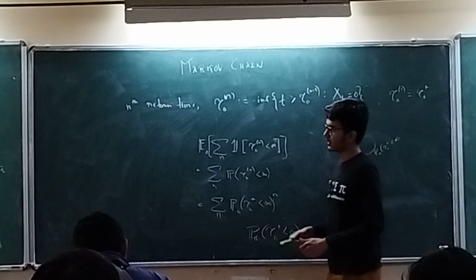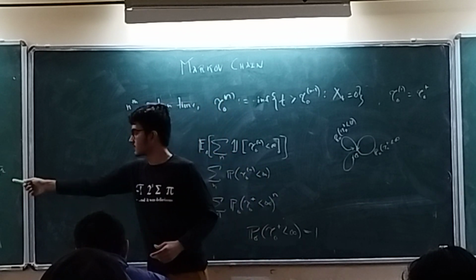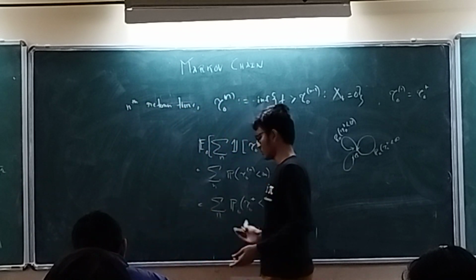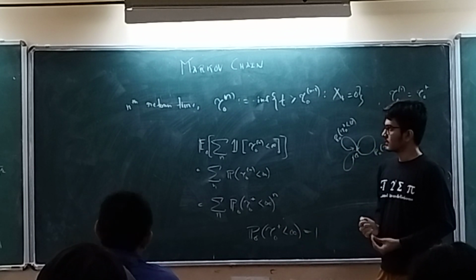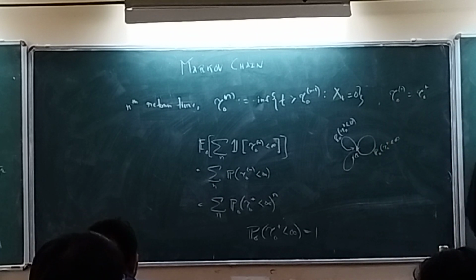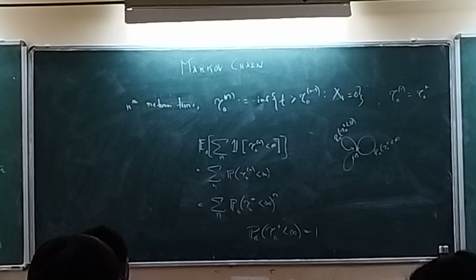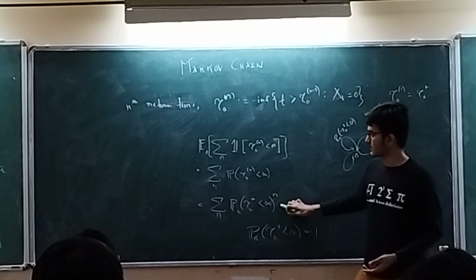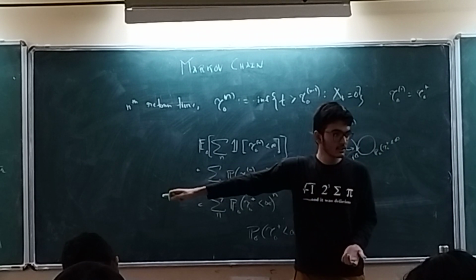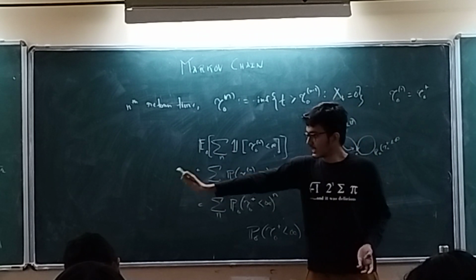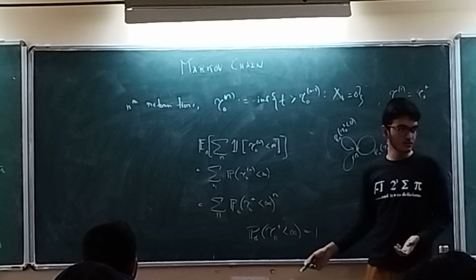I will just find out the probability of returning at the nth step, and I will just look at this thing and tell whether it is divergent or not, and that will conclude this, because this thing stays the same for Z2 and Z3. I will try not to erase this. Yeah, so that's the geometric series, and what are we basically counting? We are counting the number of returns to 0 in finite time. And there also we are counting the number of returns to 0 in finite time. Both are finite time. And that series diverges. And that series exactly equals this series, because we are counting the same thing. So this has to be 1.